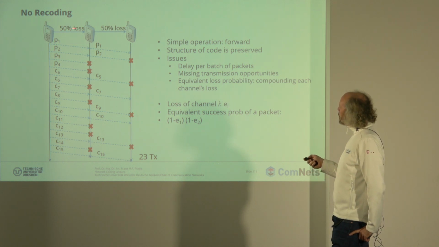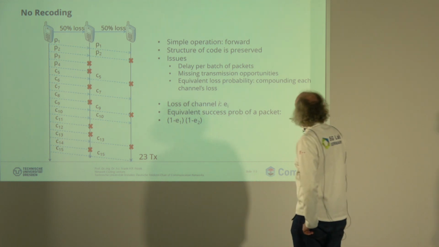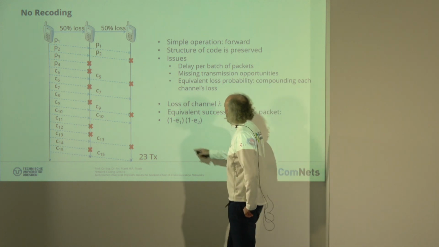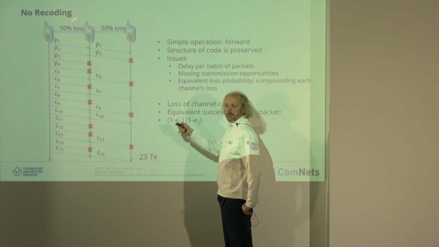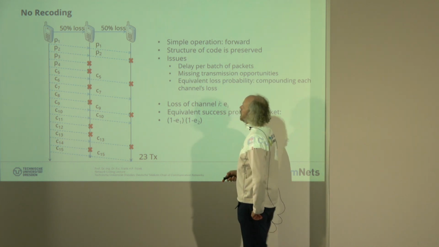And if you want to understand the success probability of a packet, it is 1 minus epsilon 1 multiplied by 1 minus epsilon 2 in this case. Okay, so